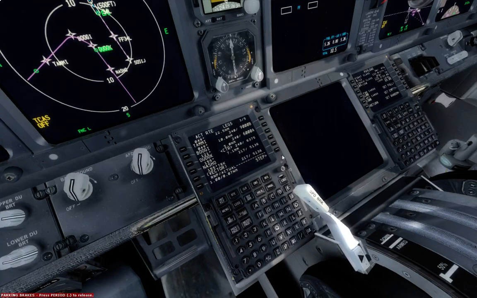Now what I can do is an easy fix for something like that, where if you don't have ATC and you're in the simulator, or you're using the ATC in the simulator, which doesn't simulate SIDs or STARs,